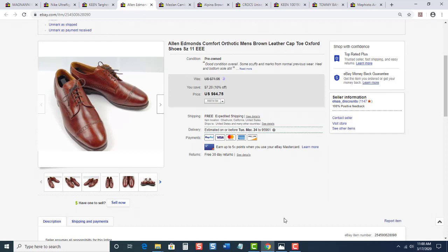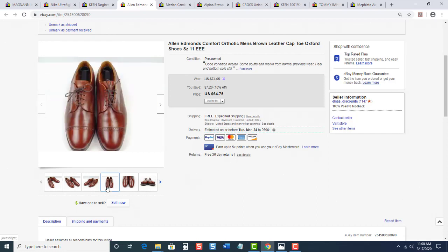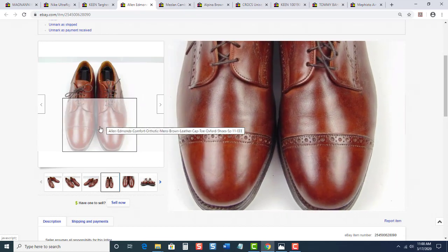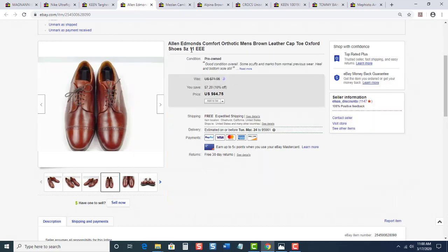This one, average price was $8.37. Sold for $64.75, and we profited $35.76. Again, this is an Oxford style of dress shoes with a cap toe, and it's a fairly great size 11 extra wide, the triple E there, right? So